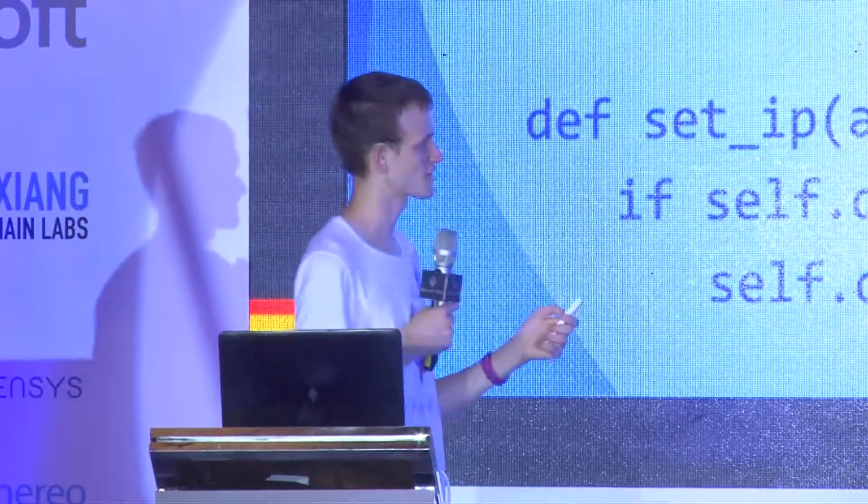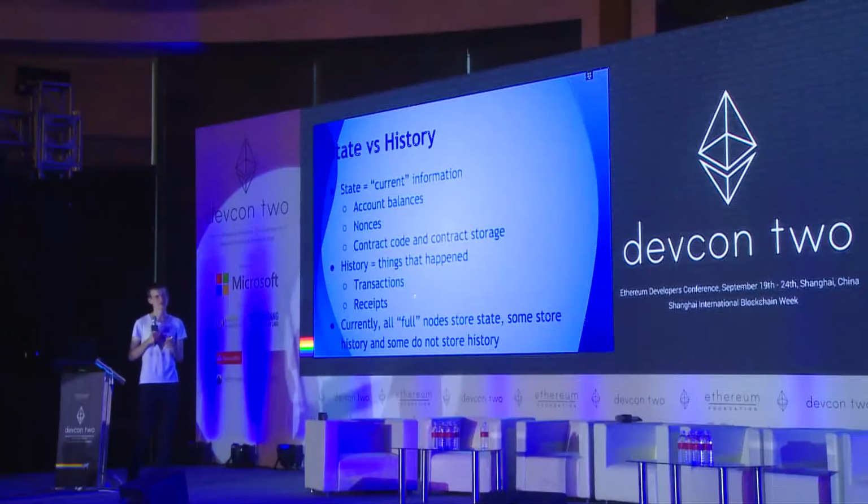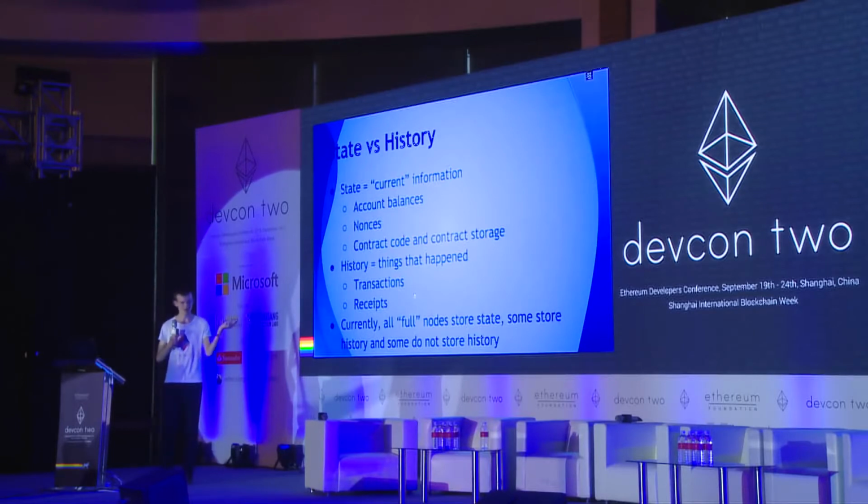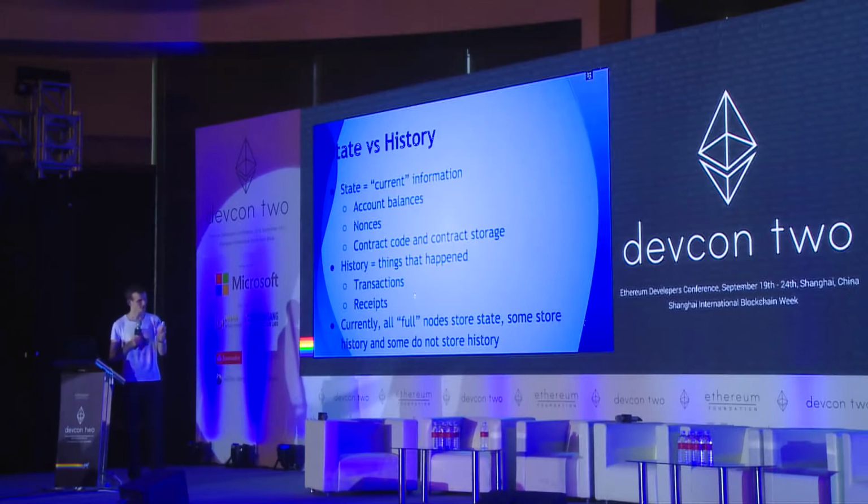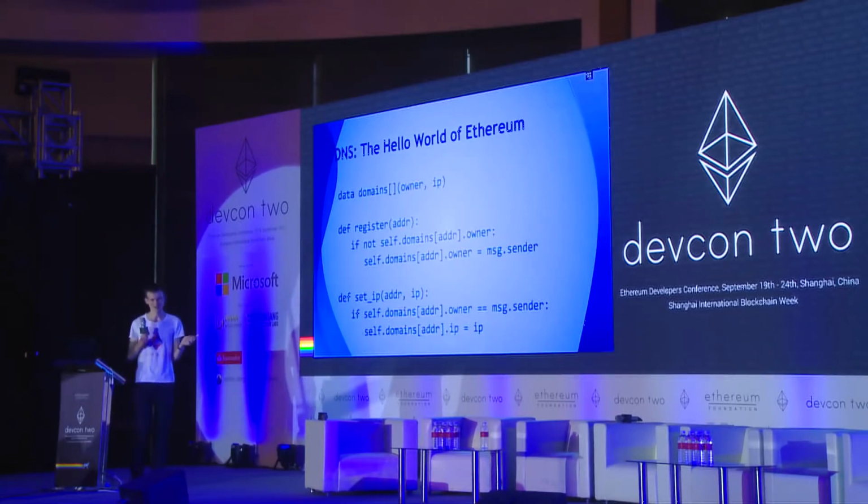So the code and the storage, both of these things are part of what we call the Ethereum state. What we mean by the state is current information associated with the Ethereum protocol, stuff that you have to care about right now. This includes account balances, how much Ether you have, nonces, contract code, and contract storage. For example, right now, this piece of code is nowhere in the state. If I publish a transaction which creates the contract, the contract's code is now in the state.